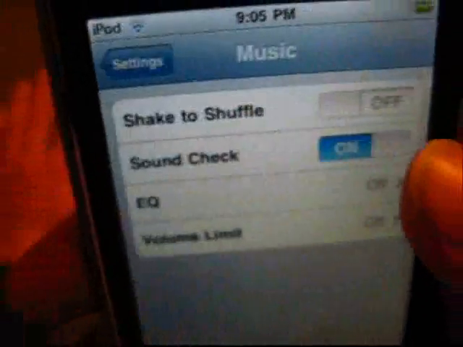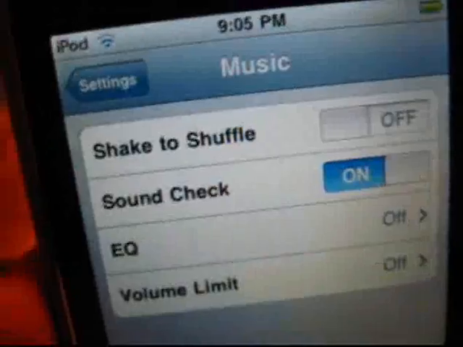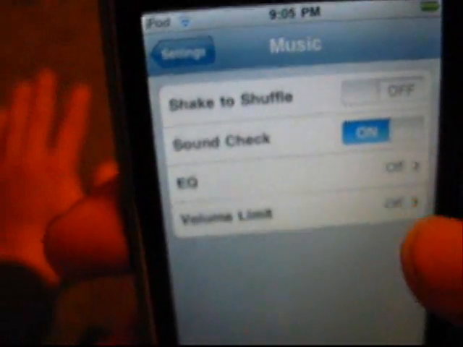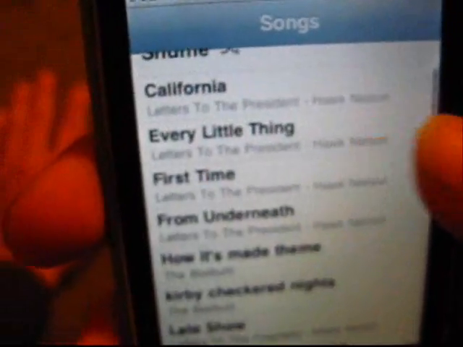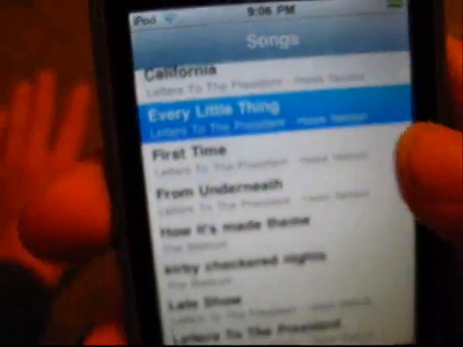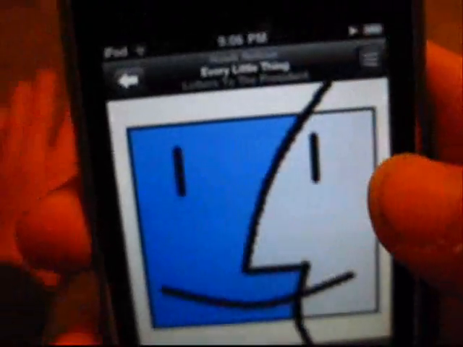Go into your settings, open music. This will be a drain on your battery, but once you open up your music, I have crappy music on here, by the way. You probably never even heard of these. I don't expect you to, and if you have, then you obviously, well, never mind. But if you go in here, you set it to